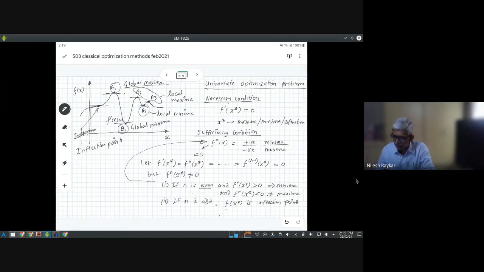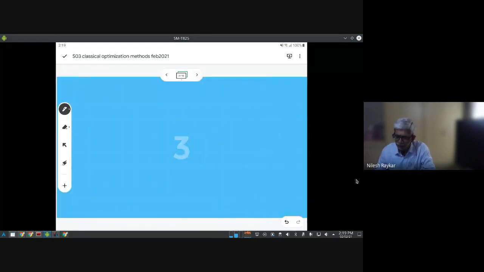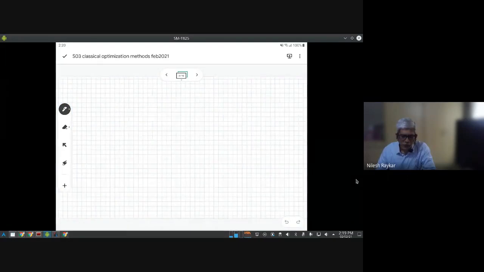Now this particular thing can be explained in terms of the Taylor series expansion of this function. So let's understand how this condition has come. I'll rub off some of the things from here. Let me go to the next page. So if we take the Taylor series expansion of a function, f of x plus h can be defined in terms of f of x